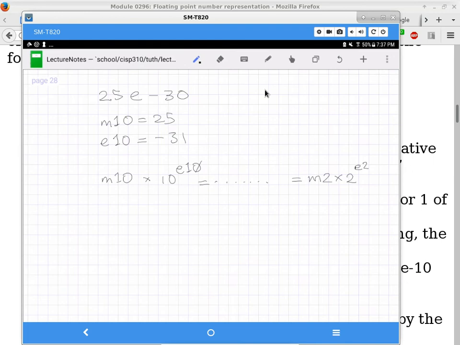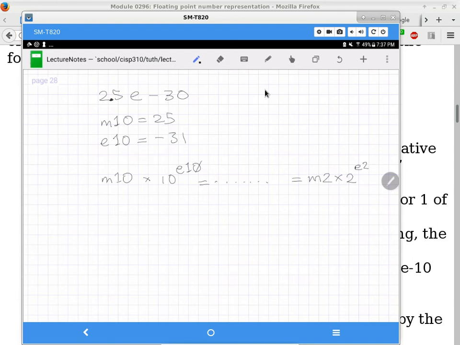Can you repeat how we got negative 31? Because I turned the 2.5 into 25, so it's 10 times what it used to be. I need to somehow adjust for that, so I need to divide it by 10 again. But instead of dividing it by 10, I'm just subtracting 1 from the exponent. Oh, you cannot see the dot? No. Okay. There we go. Bigger now.